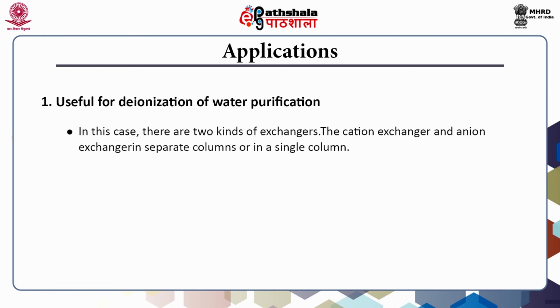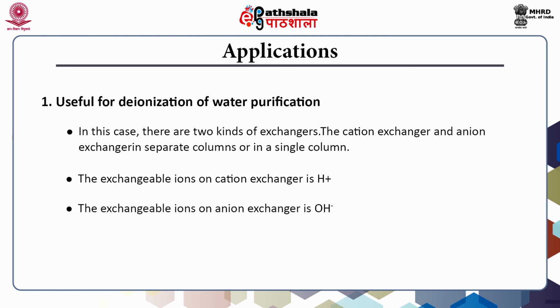In this case, there are 2 kinds of exchanger in our RO system: one is the cation exchanger, another is the anion exchanger. Either they are present in separate columns or in a single column. The exchangeable ions on the cation exchanger are H plus ions, and the exchangeable ions on the anion exchanger are OH